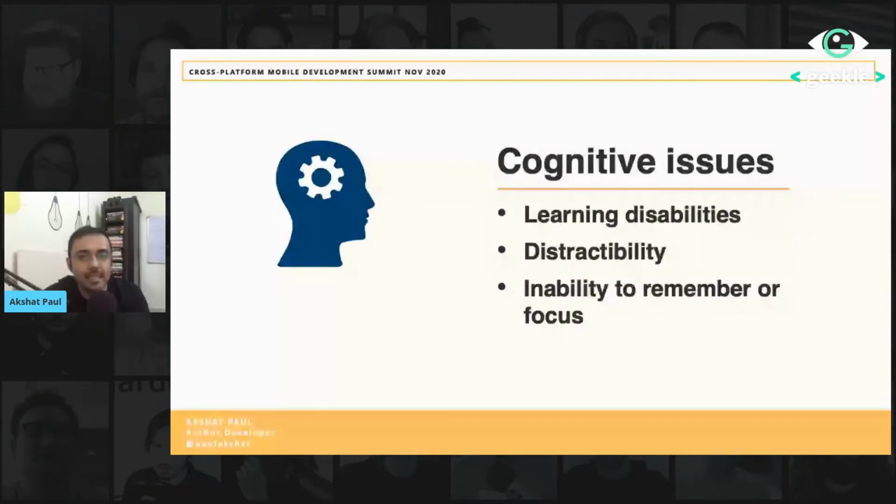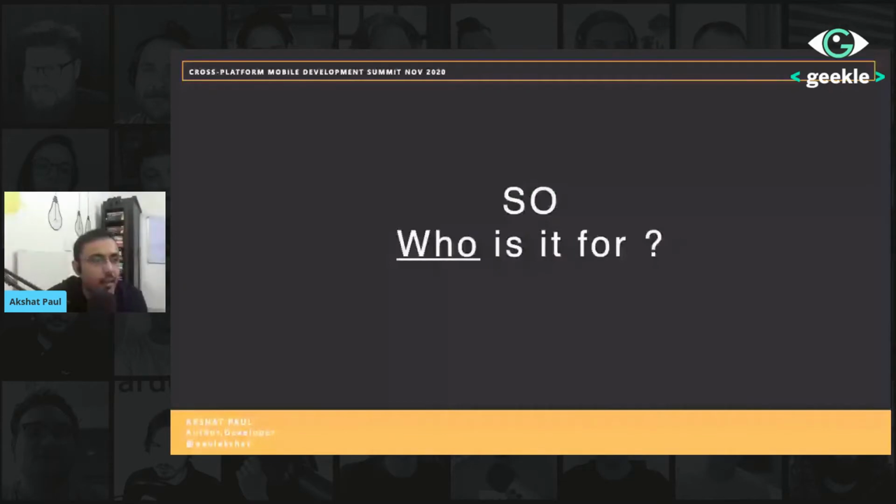You must be thinking that these are disabilities for a very small section of users or customers or clients. And so we go back to this question again: who is it for? In order to check who exactly is it for, is it such a small minority that can be ignored, or is there a much larger group of people who would require accessibility features to be built in or available in the real world and in our virtual world? So I did a small experiment, and